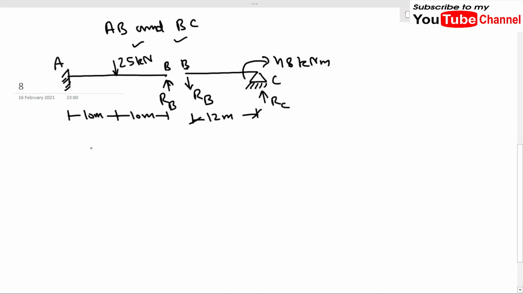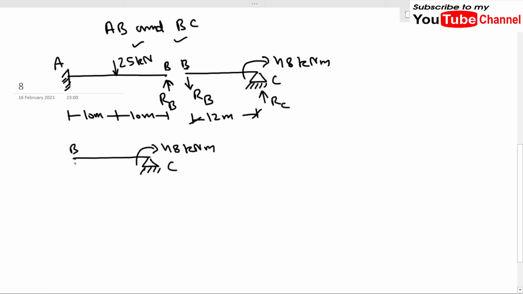Okay, I have drawn the free body diagram of these two separated segments of the beam. Now let us find the RB and RC for this BC portion. So let me draw it again here. So this is our support C, which is a pin support, and here we have 48 kilonewton meter of concentrated moment, and this is